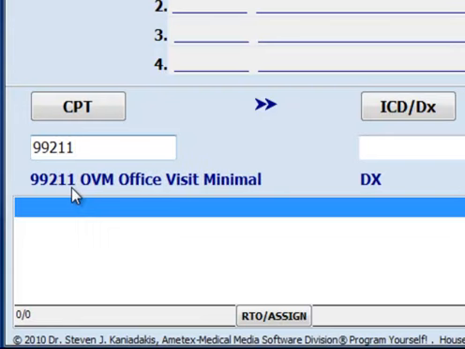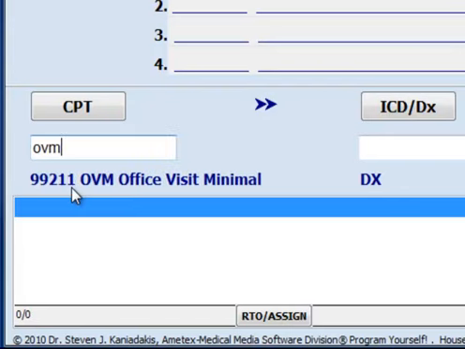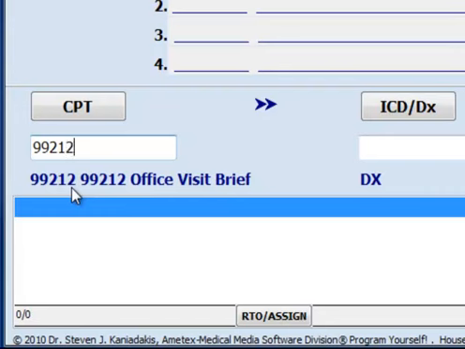For office visit minimal, you can enter in the code number. If you're not sure what the code number is, but you're sure of your in-house code letters, you would use your in-house code letters OVM for office visit minimal, and it is representative of the code number 99211. Office visit brief, or